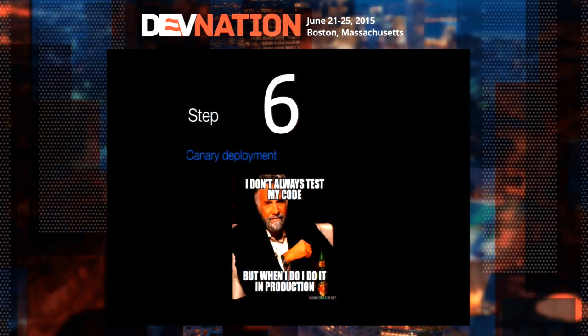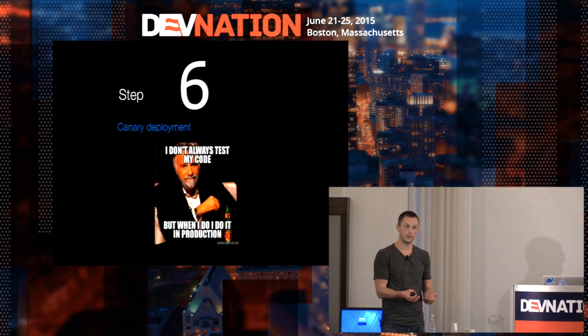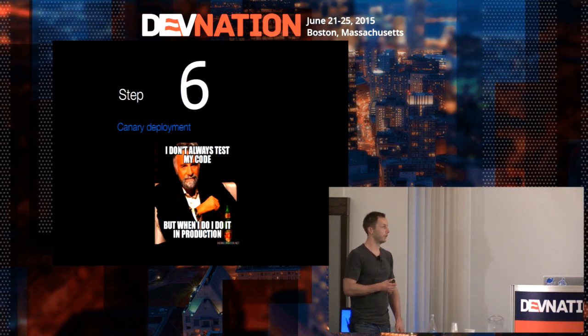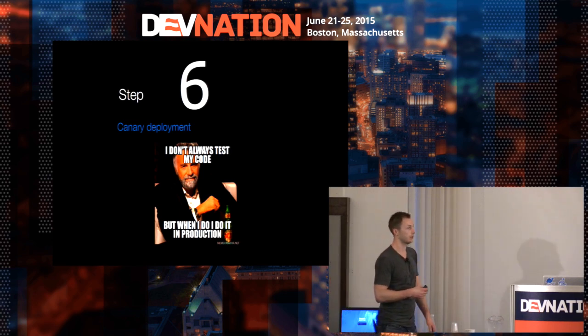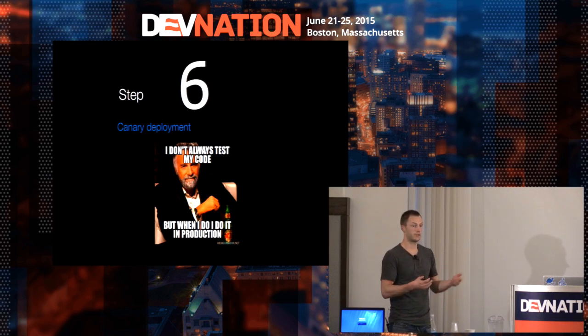So based on this mechanism, we can do another thing, and that's testing in production, because what else would you need? Of course, testing in production is a crappy idea, but in some cases, it might actually be useful if you want to do feature testing. So we have, of course, all our tests during development up and running, but we want to test if a certain implementation of a feature works better than another implementation of a feature, or if the feature works at all, if customers like it. So a lot of especially larger companies do this quite a lot. They basically test features in production and see how people respond to it.